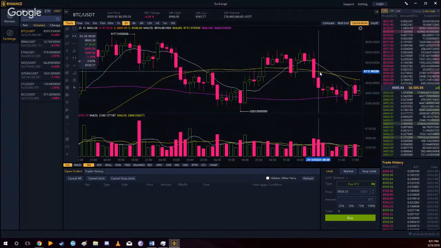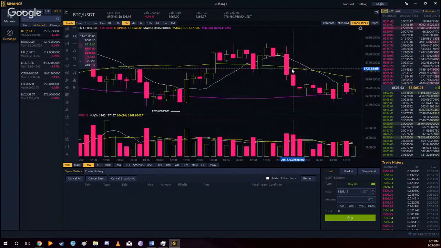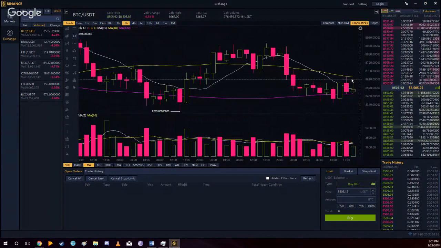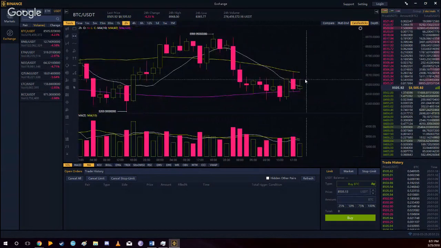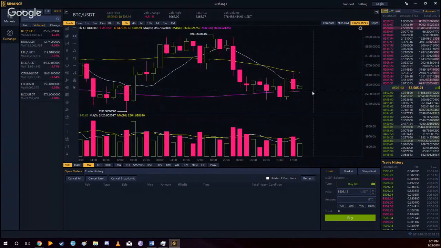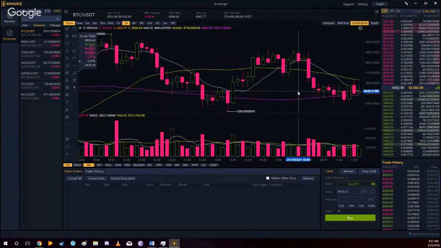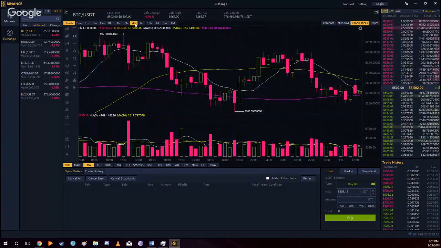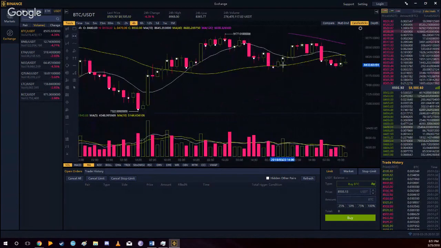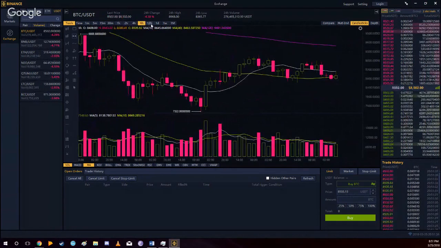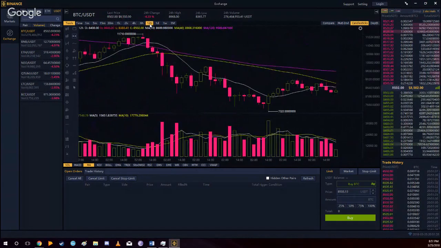See how it tried to hit it here. It didn't quite hit it. It tried to hit it again, didn't quite manage, and pulled back. And it will probably hit it again in the next few hours. If it breaks through this support line, then it's way back up to, let's see, not even on 4 hours, 12 hours, no,